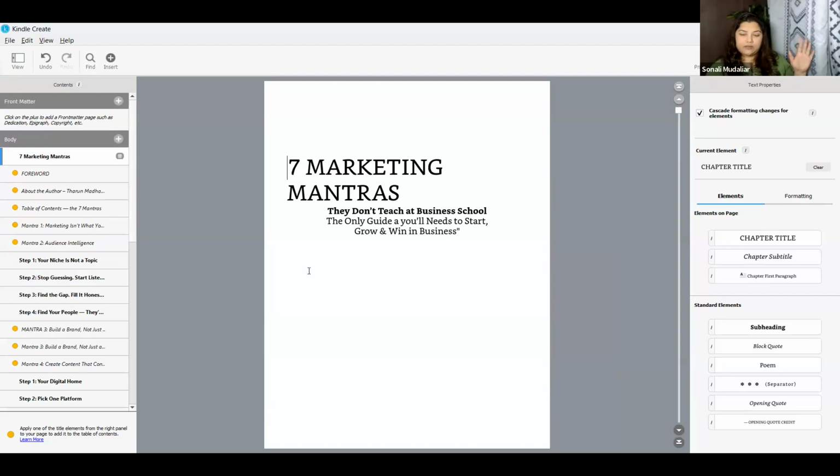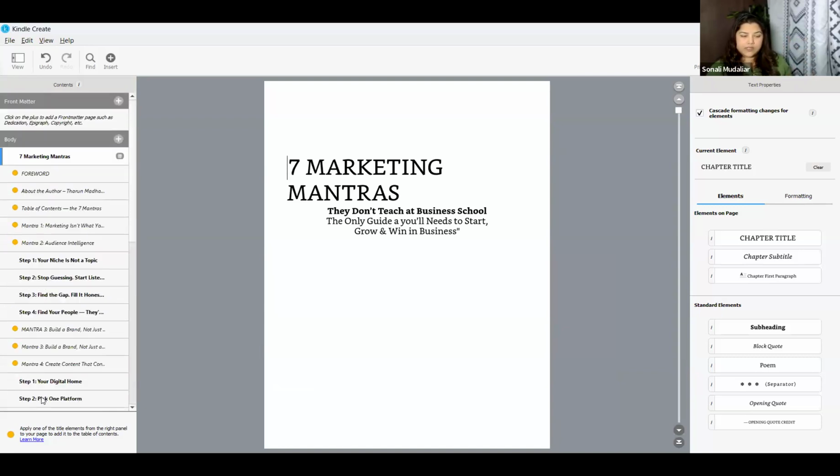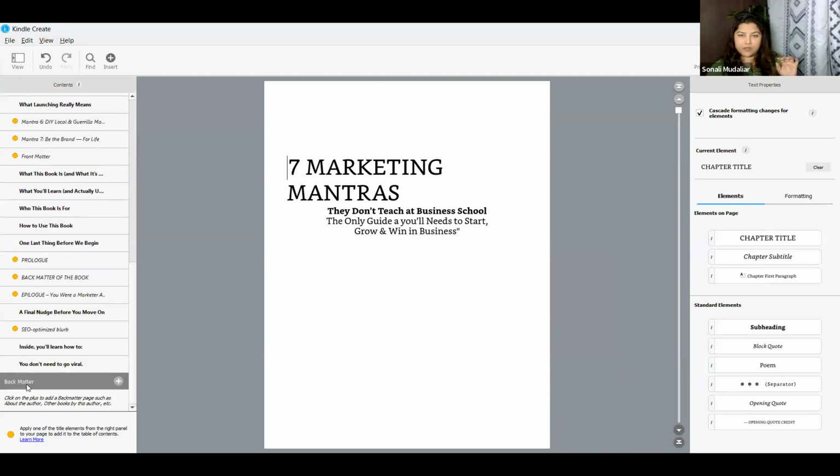Now I'm going to my left hand side. Before I start, I'm going to quickly explain certain things. On my left hand side, it says the front matter. I can't increase the screen size. This is all that you get. Then you see the body. And when you scroll down, you see the back matter. So on the left hand side, it's 3 parts: front matter, body, and the back matter.